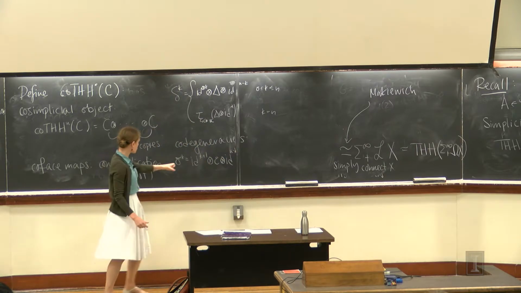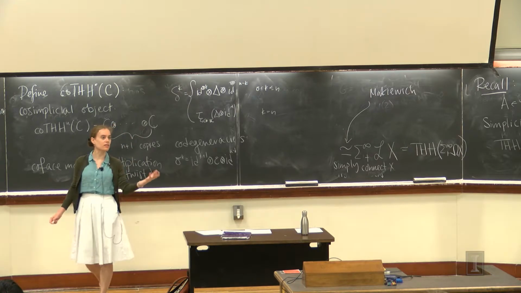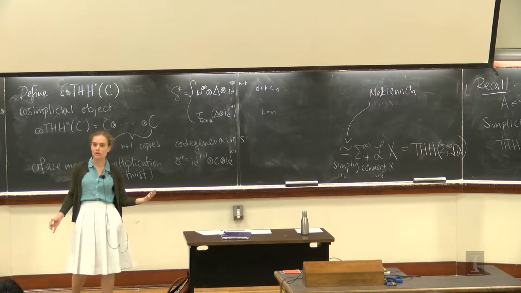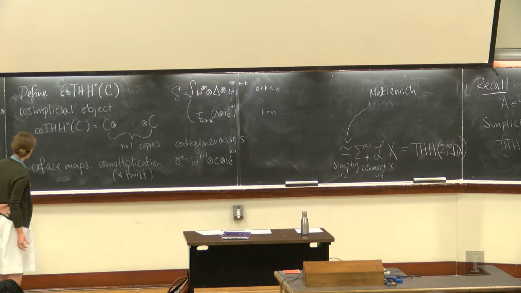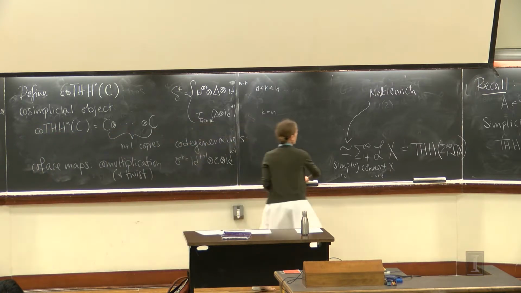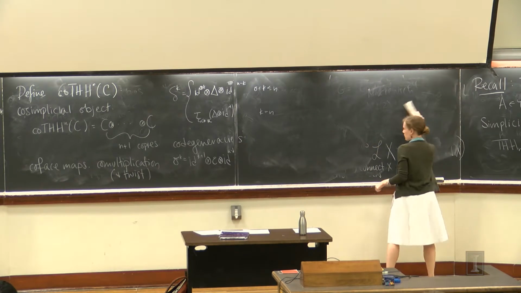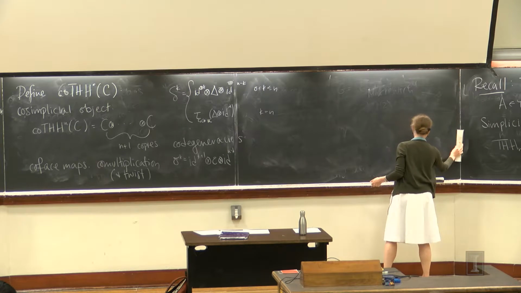So if I just stick in the co-unit here, now I've turned one of my copies of C into a copy of S, and so I can forget about it. Right? So this is the definition of the CoTHH cosimplicial gadget. And then to define CoTHH as an object in my monoidal model category, I have to, well, do the opposite